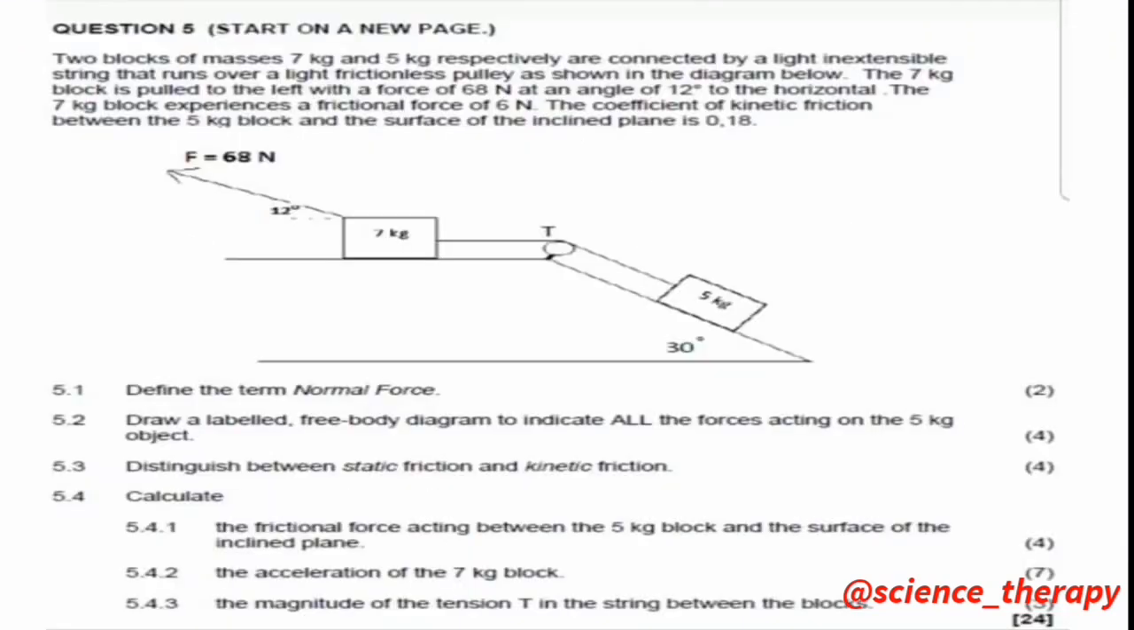Awesome. Now 5.4.3 says, now calculate the magnitude of the tension in the string between the blocks. Since we know this is moving as a system, it has the same acceleration and also will have the same tension. So in that case, we can just pick any equation, either equation 1 or equation 2, and substitute our value for tension. So let's say we are picking equation number 2. So we have T is equal to 5a